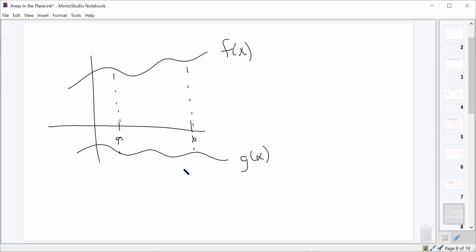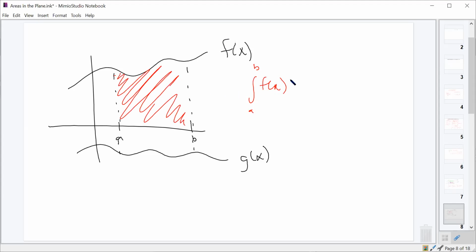It should work because you're subtracting a negative. Exactly, which just means you're adding. Right, so the red should be my integral from A to B of f of x, right? That's all of this section that's above the x-axis. And if I subtract the integral, maybe I'll do this in a different color, if I subtract the integral from A to B of g of x dx, that's this,